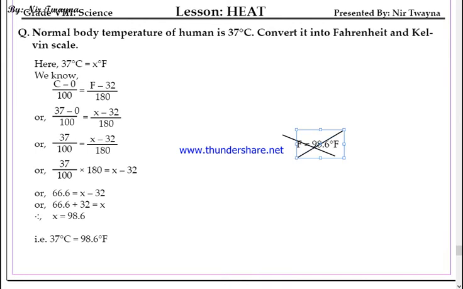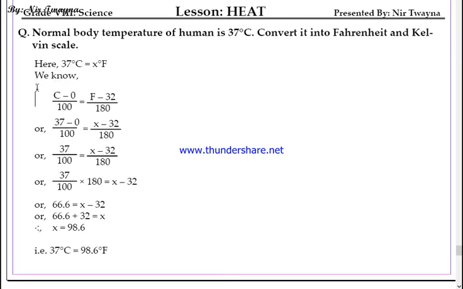This would be wrong. Why? Because I have already told you the F in this relation has already been reduced to a pure number. This F does not have any degree. That's why you cannot write F equals 98.6 degrees Fahrenheit. That's why I suggest that you always substitute F by x, so that this confusion does not arise, and then you can simply substitute the value of x in this first equation. Got it? That's how you calculate.